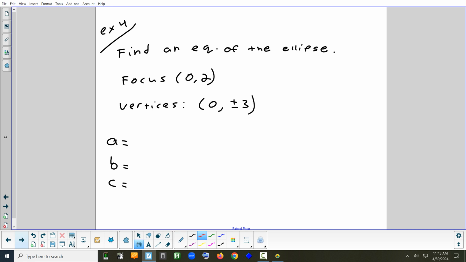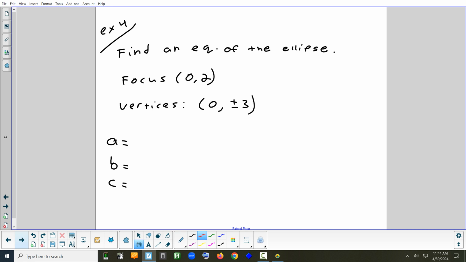C is 3 then, because it's the vertices of the ellipse, so that must be. So C has to do with the foci. C is 2 because one focus is 0. We don't know both, so therefore. Can we infer that the center is 0, 0? No, you can't assume that the center is 0, 0, but you have enough information to determine that it is 0, 0. But that's what I'm kind of asking about. Yeah? We know it's 0, 0 because